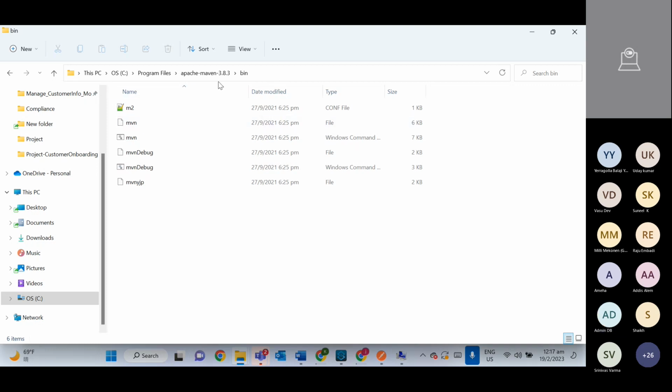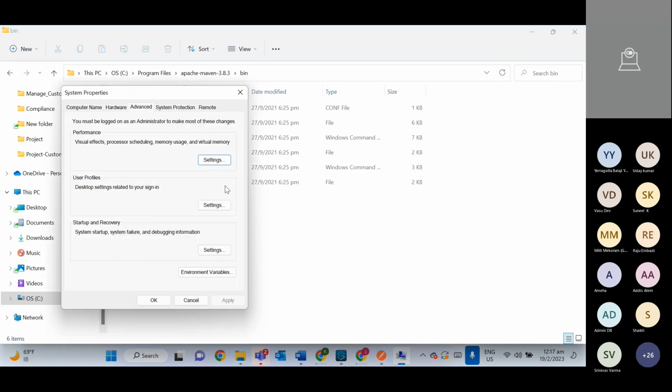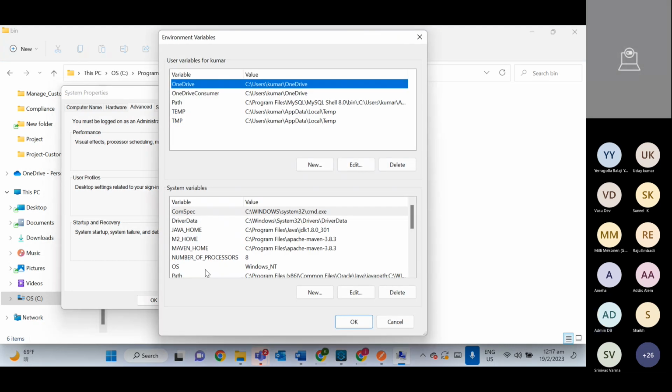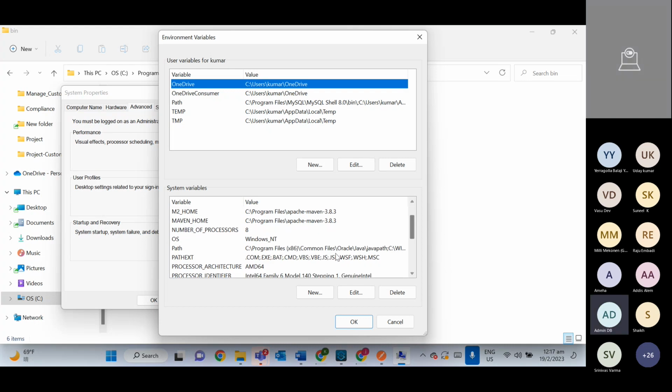In this advanced system setting, one pop-up will come. You need to go to environment variable. Here you can see